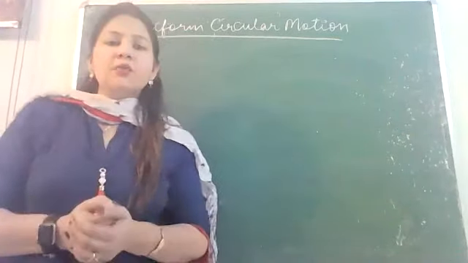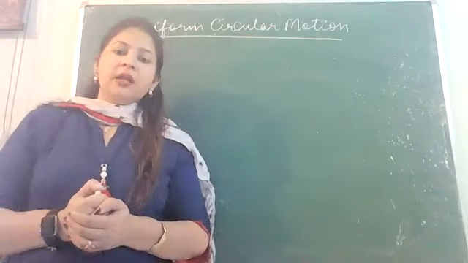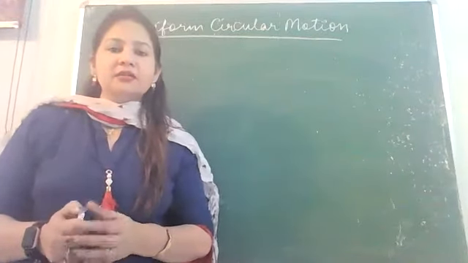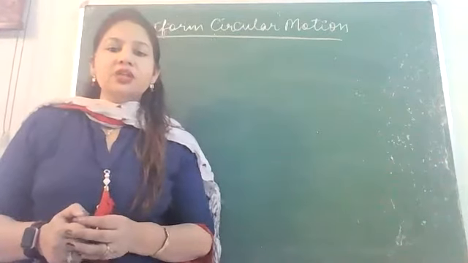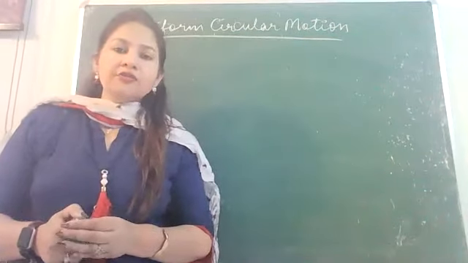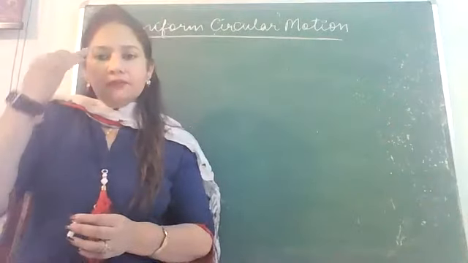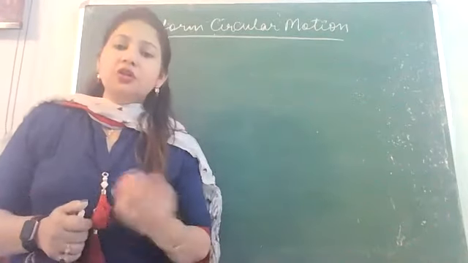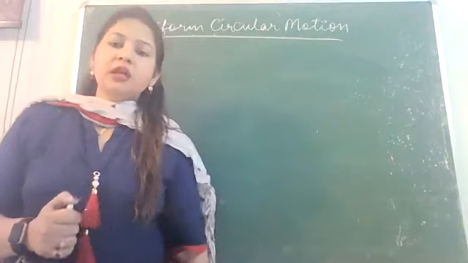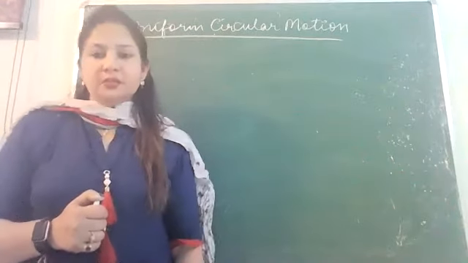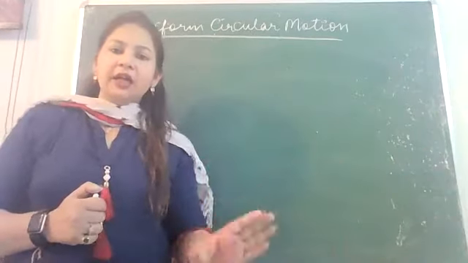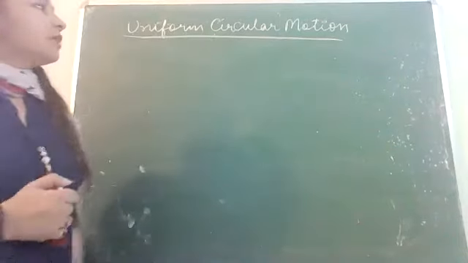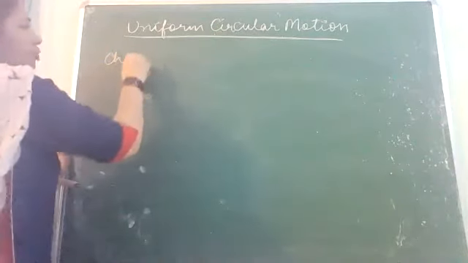ठीक है? तो लिख लीजिए, what is uniform circular motion? It is a motion in which an object moves along a circular path with uniform speed. Moves along a circle with uniform speed. तो मेन ये रखना है कि यूनिफॉर्म वर्ड मींस यूनिफॉर्म स्पीड है, वेलोसिटी नहीं, स्पीड यूनिफॉर्म. ठीक है. What are the characteristics of uniform circular motion then?